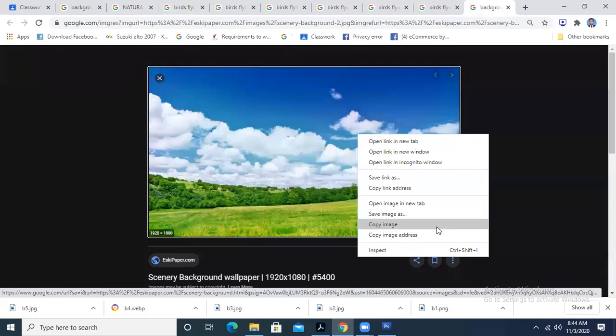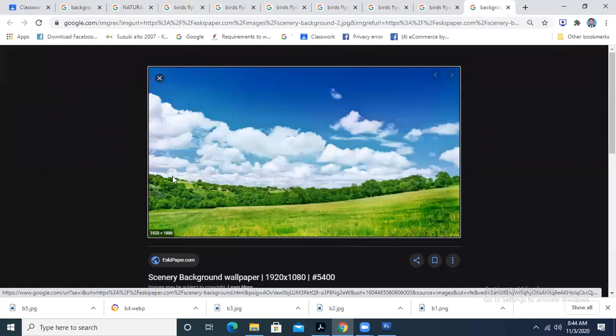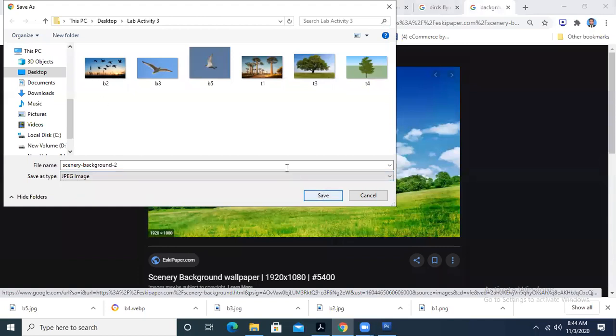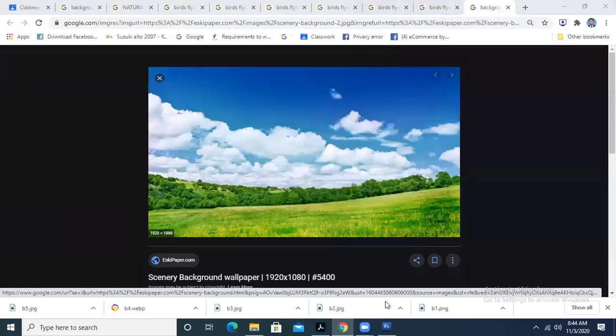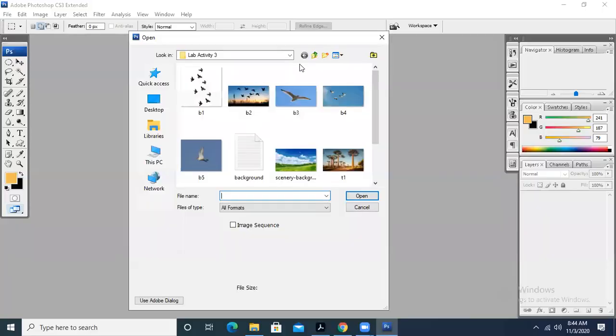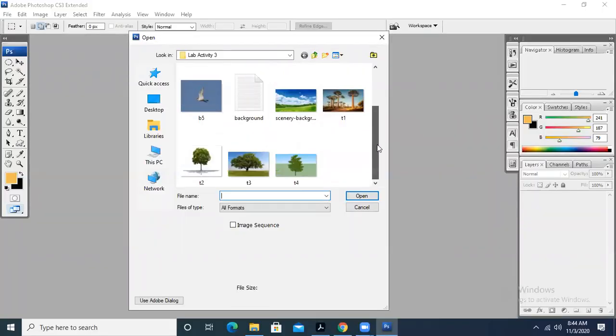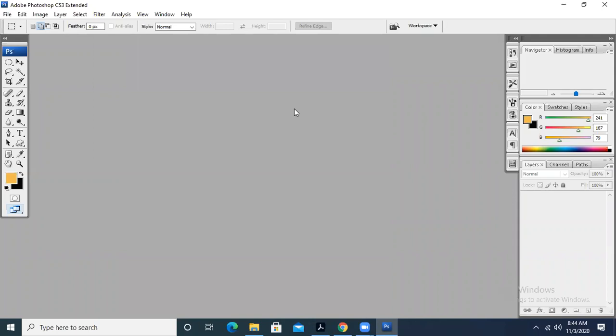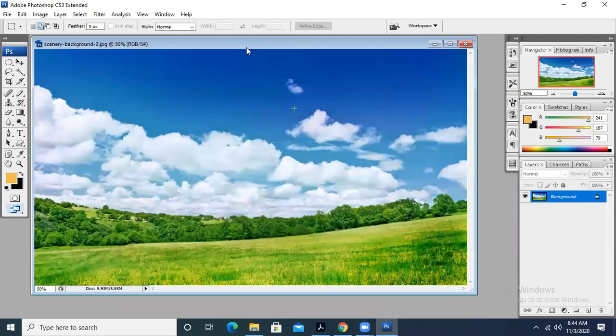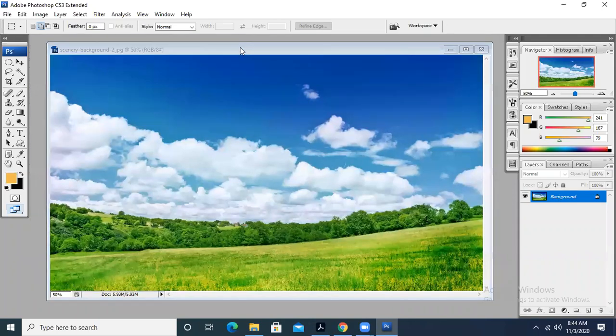Okay, this is also a good background, so I'm saving it. I'm taking a JPEG image. Fine. So I am able to have the background over here that I have taken right now.